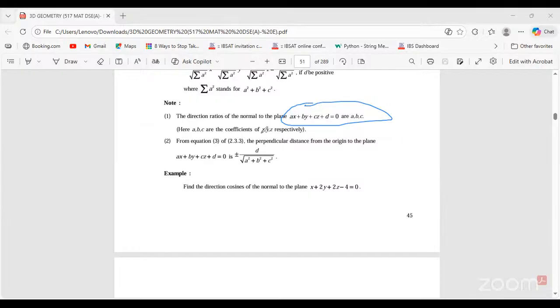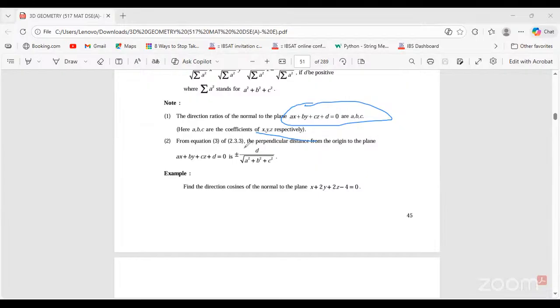If L, M, N are the DCs of a plane, we get the normal form of a plane equation, that is Lx plus My plus Nz equals P. And when A, B, C are DRs, we get the general form of the plane equation, Ax plus By plus Cz plus D equals 0. Here A, B, C are the coefficients of x, y, z. A is the coefficient of x, B is the coefficient of y, and C is the coefficient of z. Now, the second note point is from equation 3 to this one, the perpendicular distance from origin to